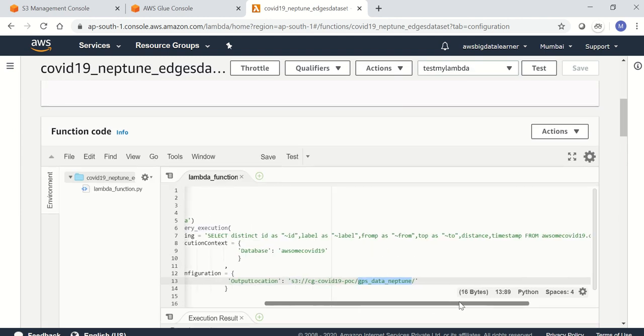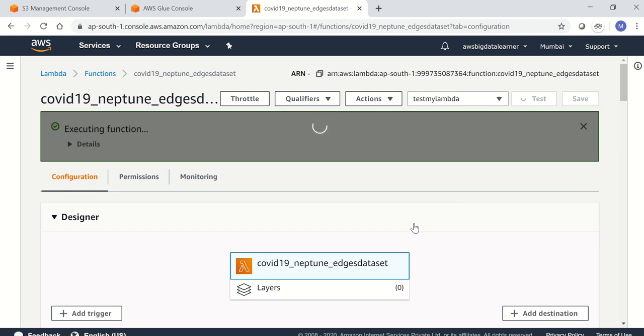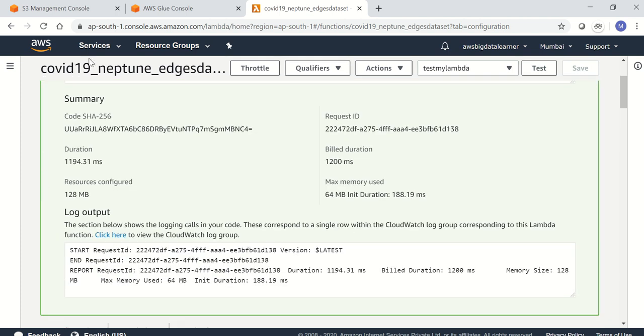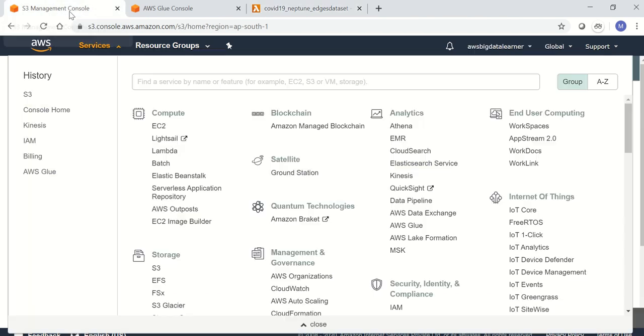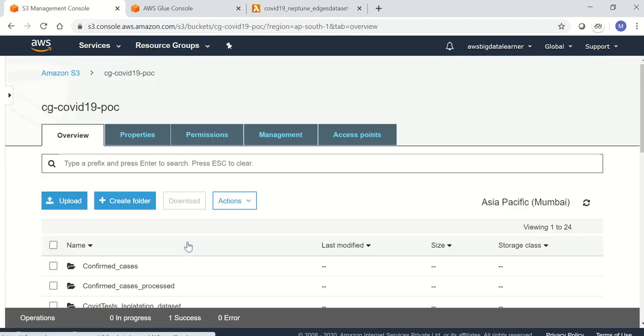Here is the function, and yeah, so this is executed successfully. It means we should have the data in this new folder.